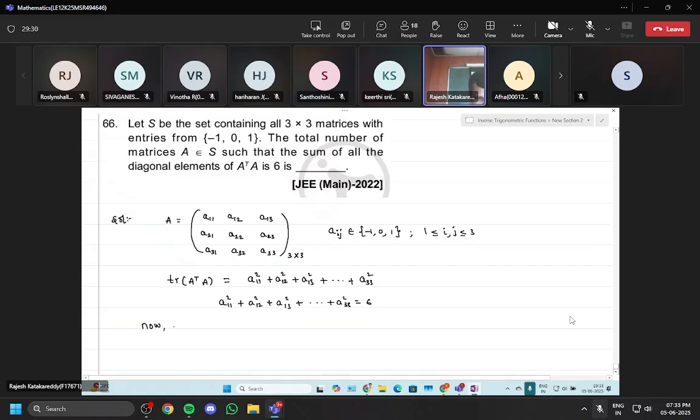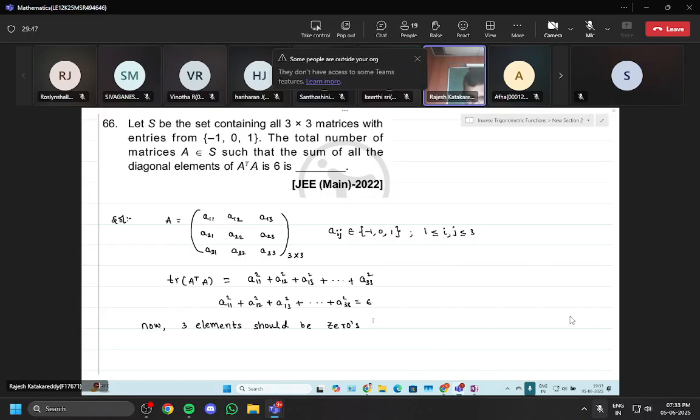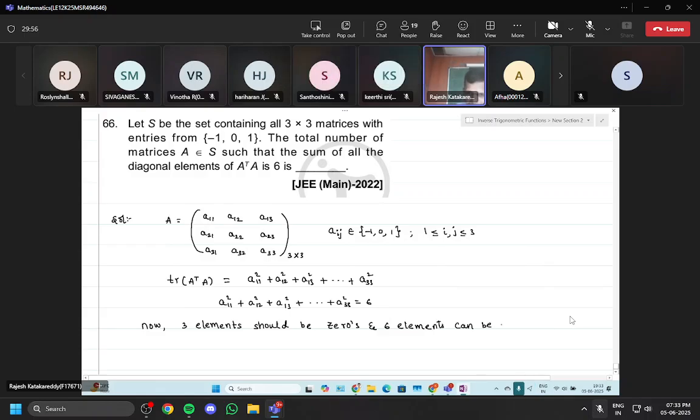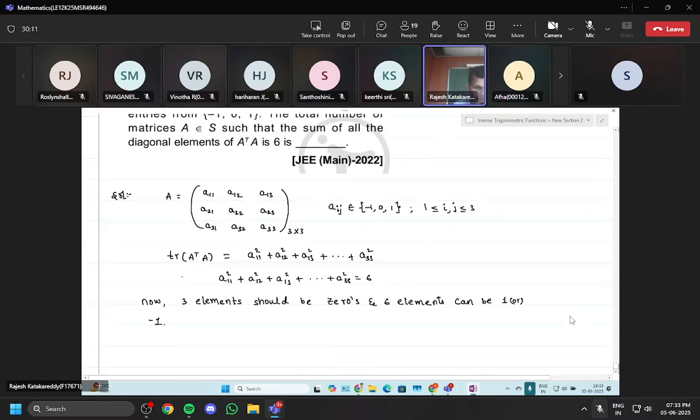Now 3 elements should be zeros and 6 elements can be 1 or minus 1. I hope everybody understood why I am including minus 1 as well. Right? The square only we are doing, no? Square you do, the minus 1 becomes plus 1. Now, the number of such matrices,